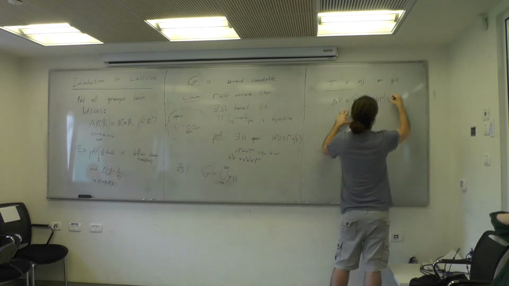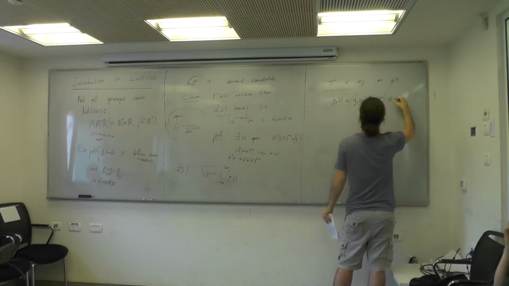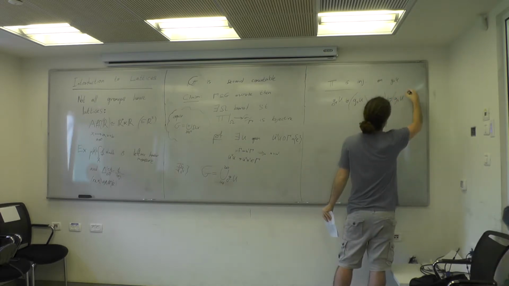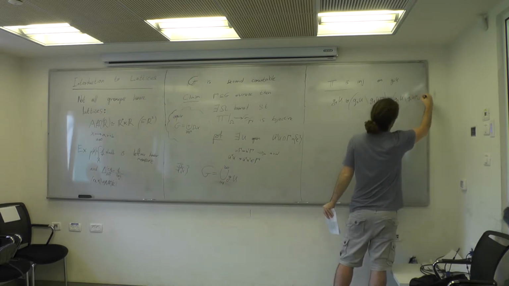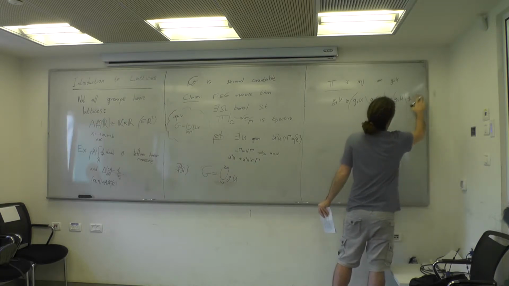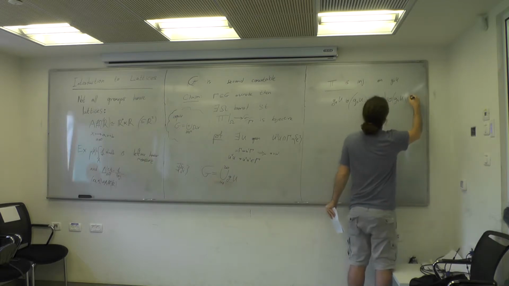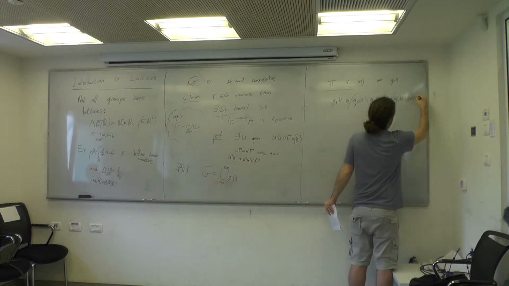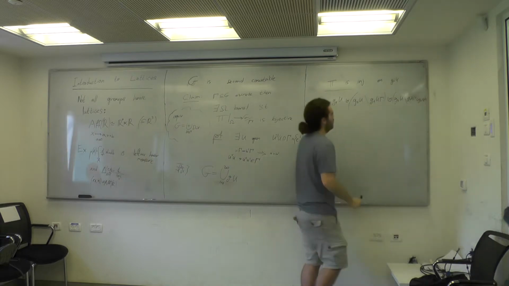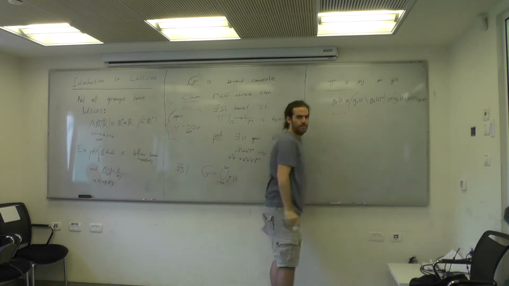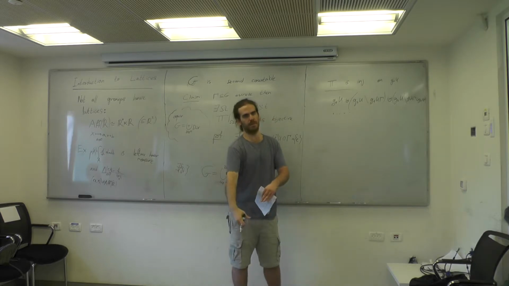So you keep adding disjointly G3U minus G2U gamma union G1U gamma. Maybe I should, it's not so clear. G2U gamma union G1U gamma. And you can continue doing this. Pi will inductively be injective,